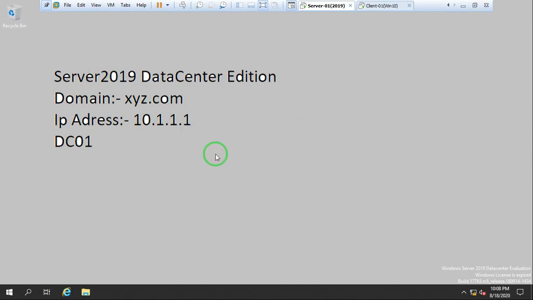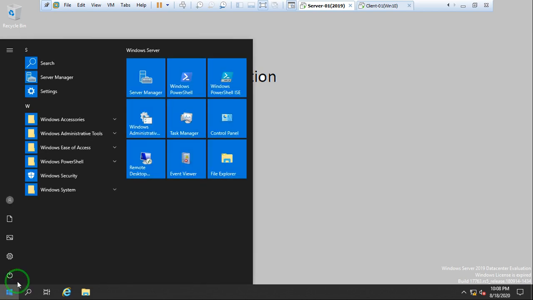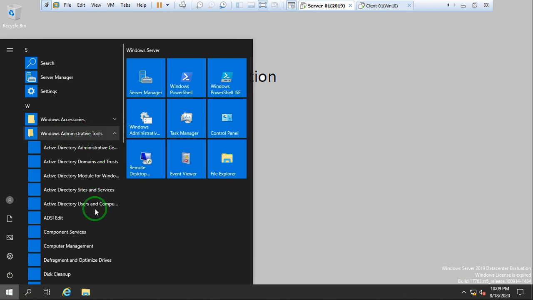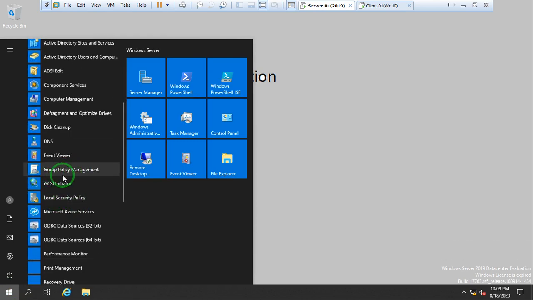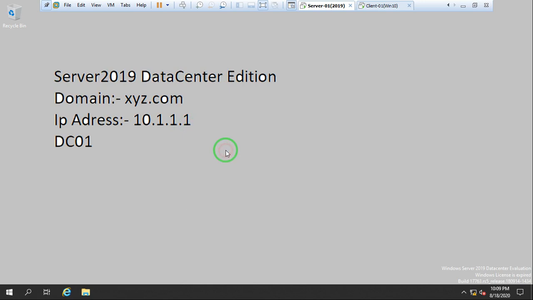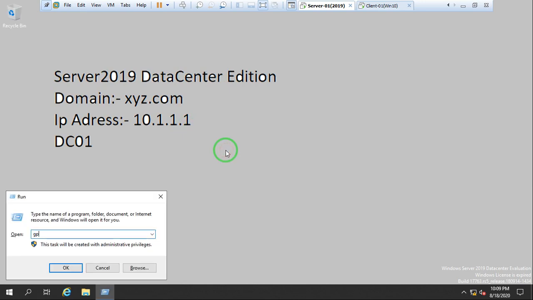If I need to open the Group Policy Management Console, we have two options. Either I go to Start, then Administrative Tools, where we have the option Group Policy Management, through which we can manage the group policies, or I go through a command, which is gpmc.msc.